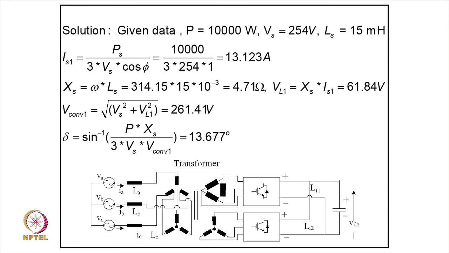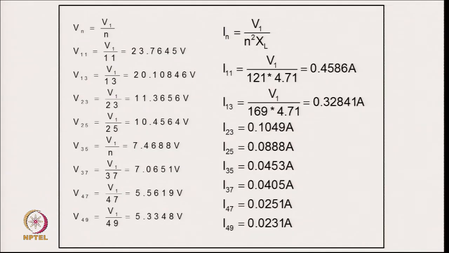So, it comes 261.41, and now the phase shift from the power flow equation, by putting the value of voltage and reactance and supply voltage and the converter fundamental which we calculated, we can get the phase shift. So, it comes to a phase shift of 13.677 degree. Now, coming to calculating the harmonics, here we will be getting the harmonics, because it is a